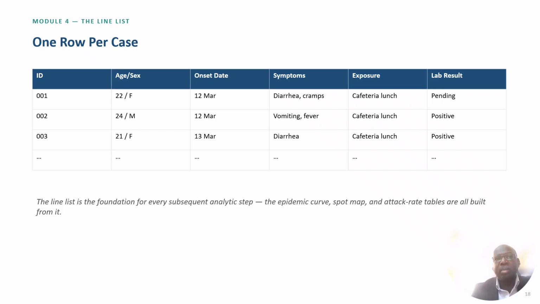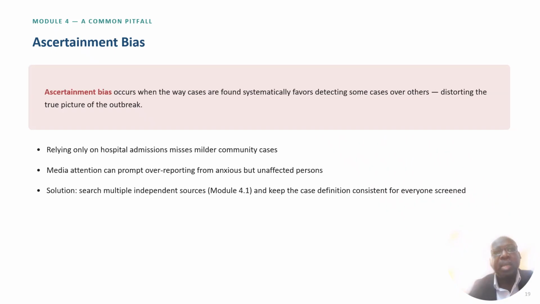These are raw cases, and this is what we call the line listing. It is an organized table which consists of the basic information about the cases, and it should include time, place, and person, in addition to the lab result. Your lab result is very important, because it is going to help classify the cases, as a matter of case classification and case finding.